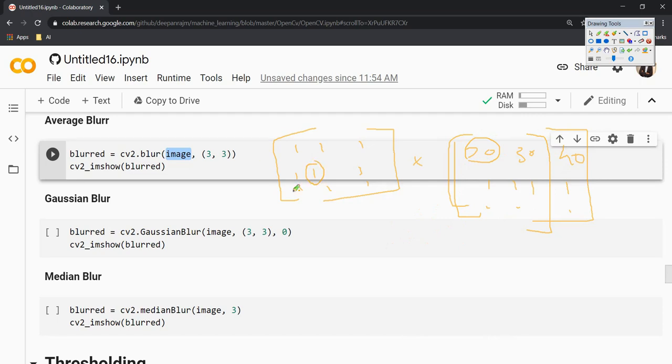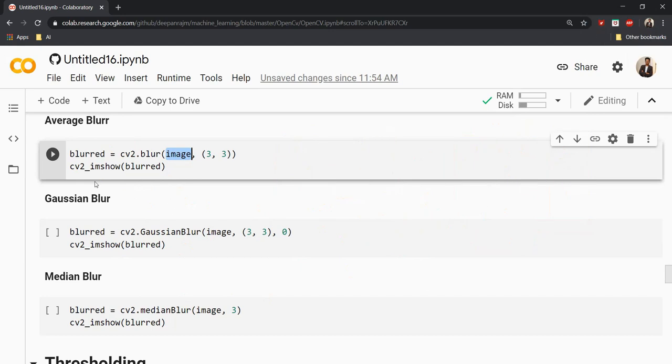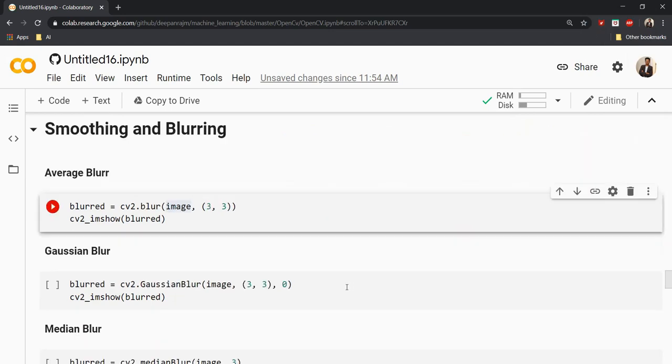Now you can see that using these kernels and the factors you have used, the image can be smoothened by averaging it out. Likewise, each kernel has its own technique. For example, for Gaussian, the map will be something like this, and the peak point will be considered. Median is somewhat close to average blur, but where average takes an average, in this case we get the middle number. Each blurring has its own merits and demerits. It's up to us to decide which blurring technique to use.